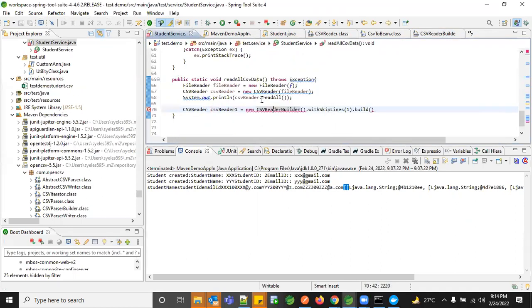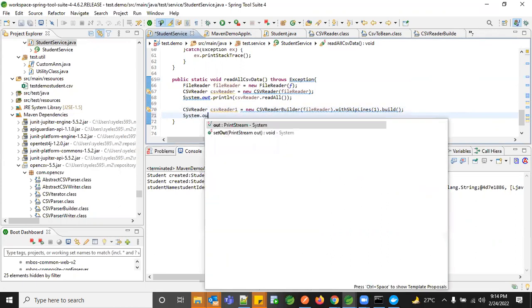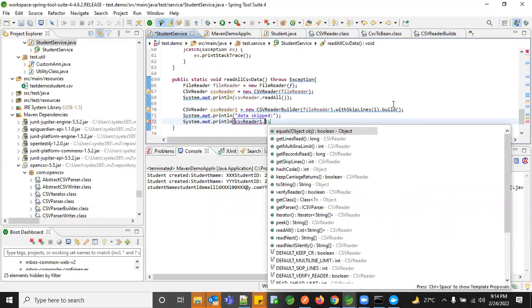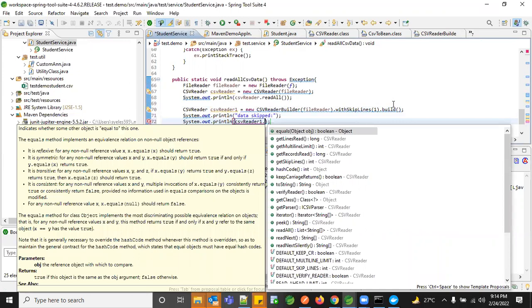I need to pass the reader. So now let me give this. After this, you can get the skipped lines.